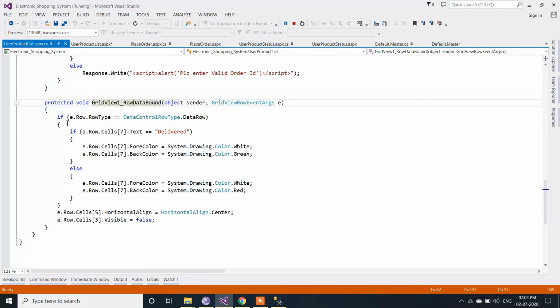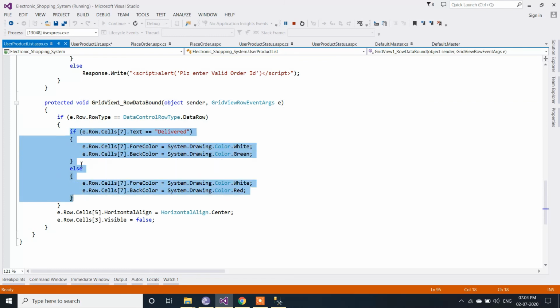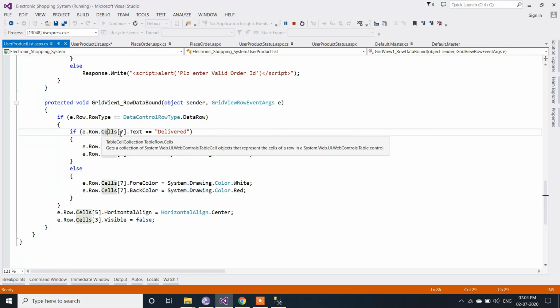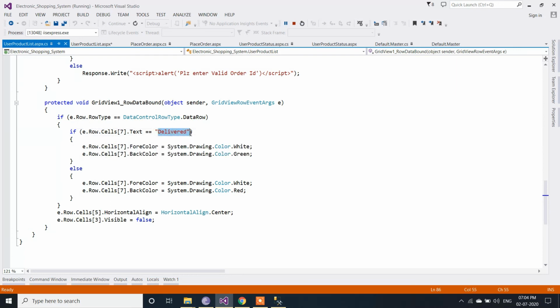First of all, it will check the type of row. If it is a DataRow, then it will execute the code present inside that if condition. First it will check the cell 7 of the row. If the text is Deliver, it will set the fore color, the font color of the text, to white.